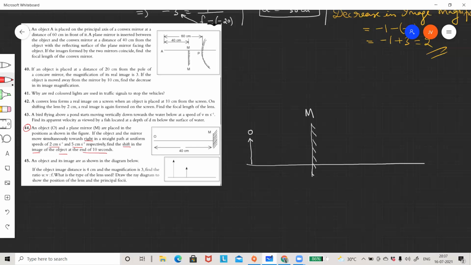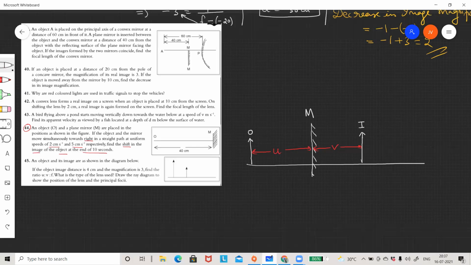Okay, all right. So they have not given any object distance. Chalo, this is the object distance, and its image distance will be the same. Okay, so this is the actual condition. Then what they said is the object is moved towards the right side at a speed of 2 centimeter per